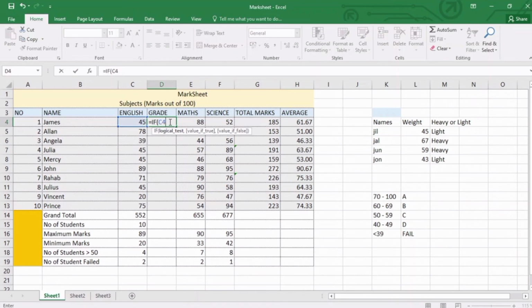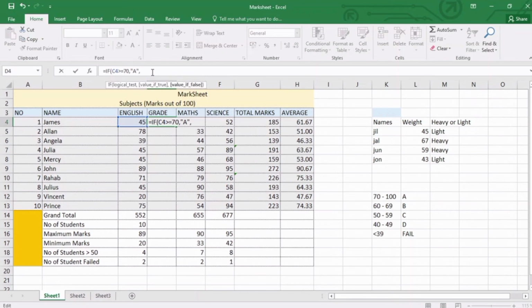Before you write comma, you give the condition. You say if C4 is greater than or equal to 70, comma, the grade should be A, comma,